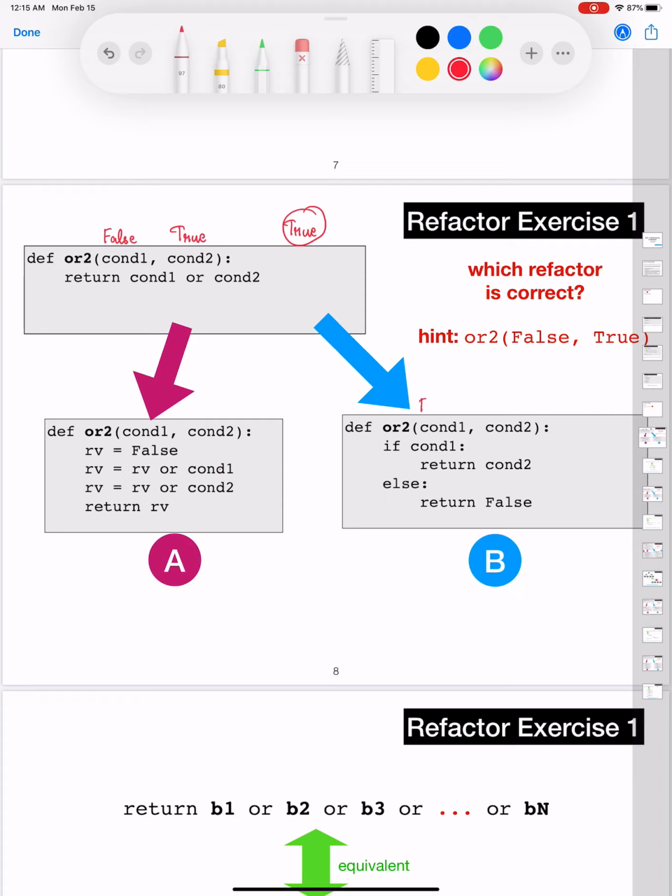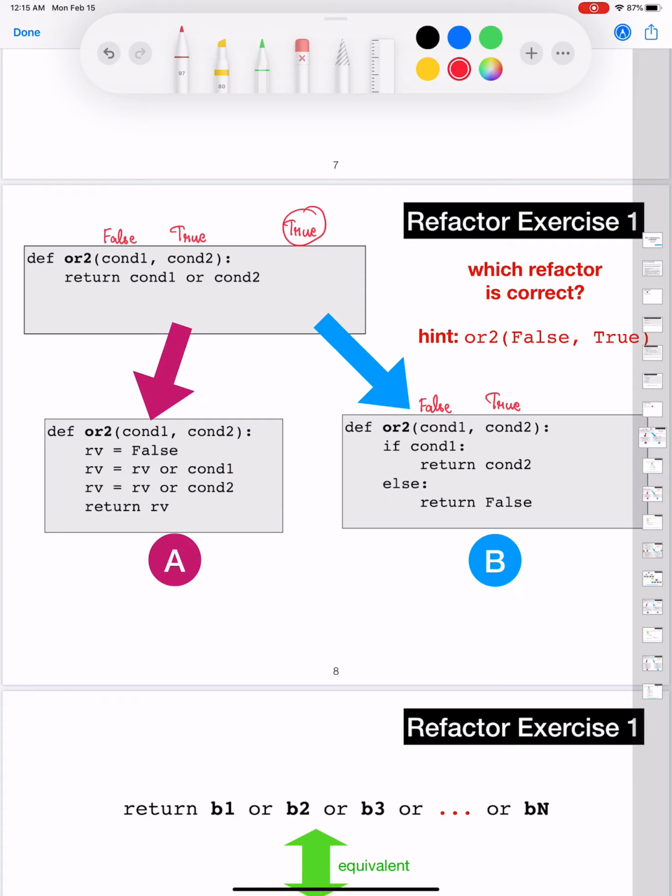Condition 1 is going to hold a value of false. Condition 2 is going to hold a value of true. Then you have an if condition which is of the form if condition 1 colon. Whenever you have an if condition of the form if variable name colon, then you need to do a couple of things about that. First, you need to verify whether that variable is holding a Boolean value.